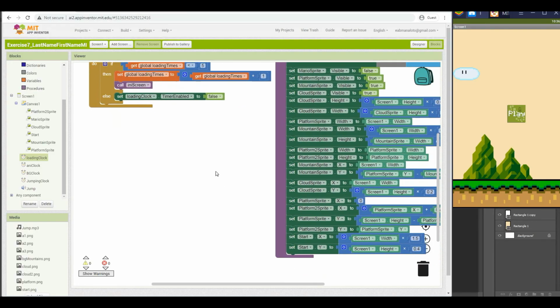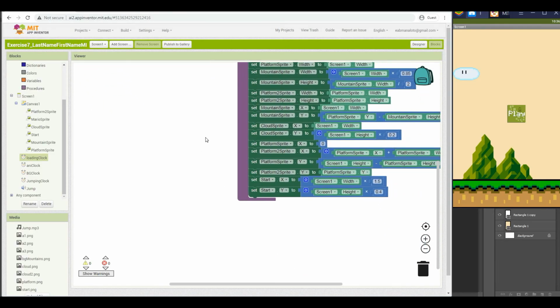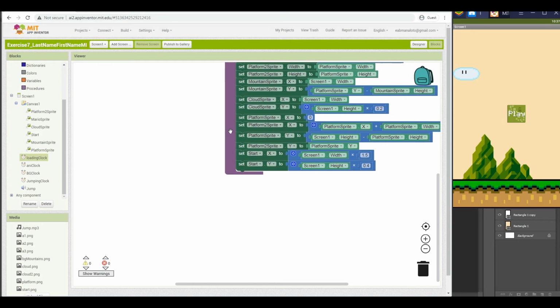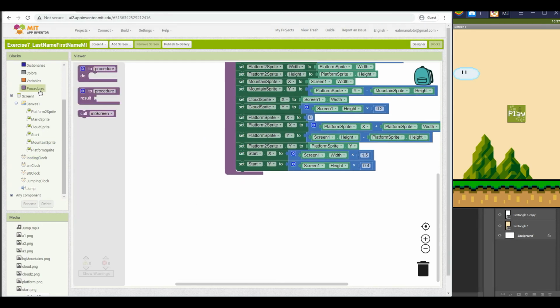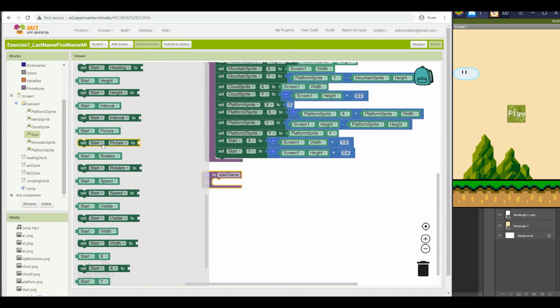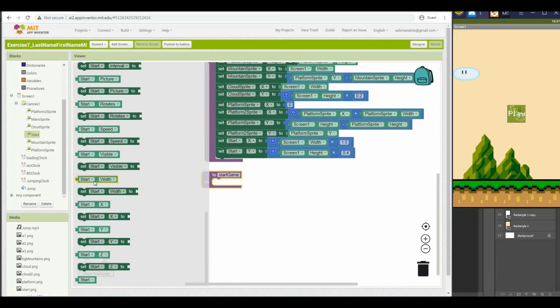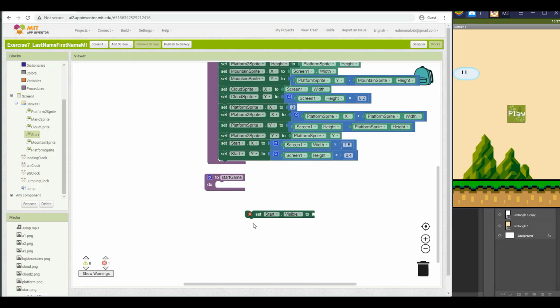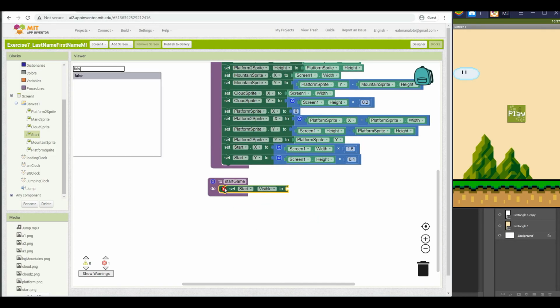Right? So next is for our start game. What will happen if we touch our play button? So let's have another procedure, and rename the procedure to start game. Next is to make our start button disappear or become invisible. So let's set the start button visible to false,